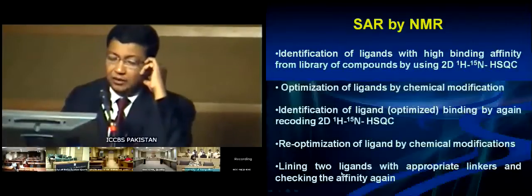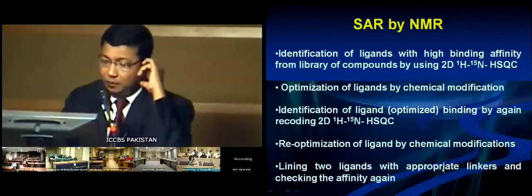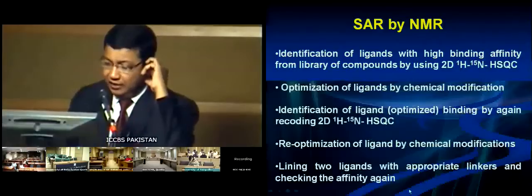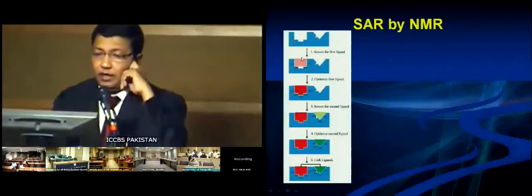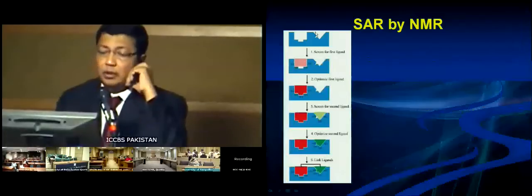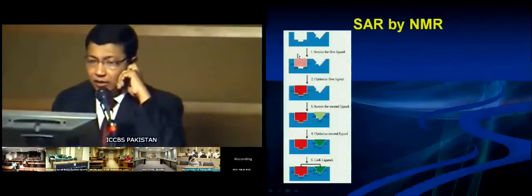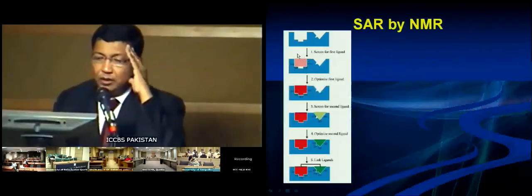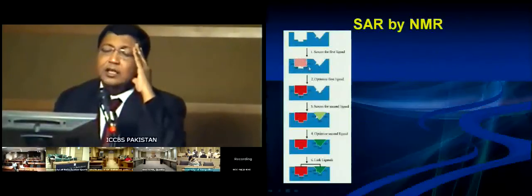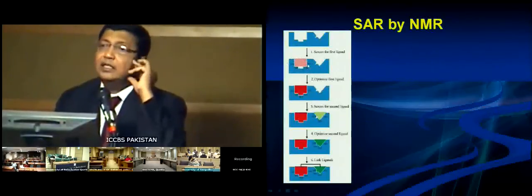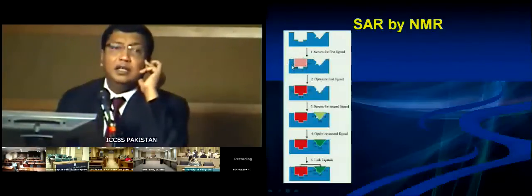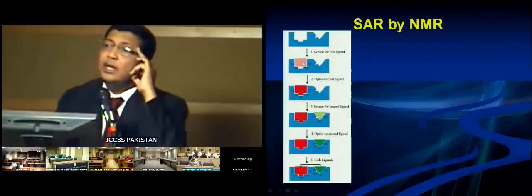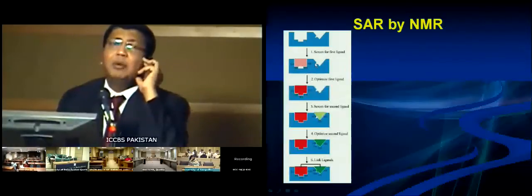And as I said, you can also link the ligands with appropriate linkers and check the affinity again, so you can do that. This is one example for instance, this is your receptor molecule and this is your first ligand. Okay, so you identify a first ligand. You identify a ligand out of many ligands which was binding into the active site. Okay, and remember this